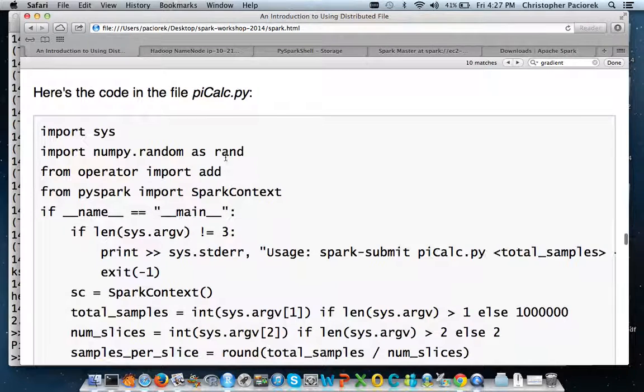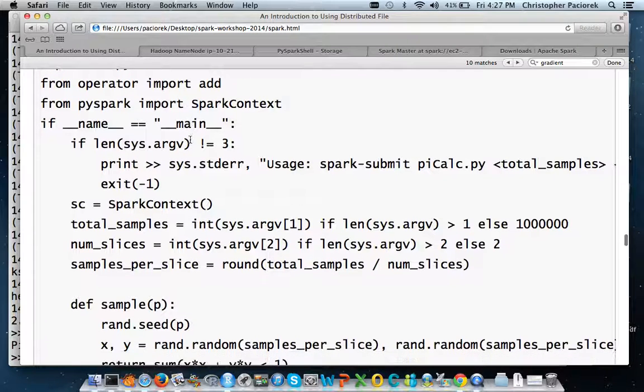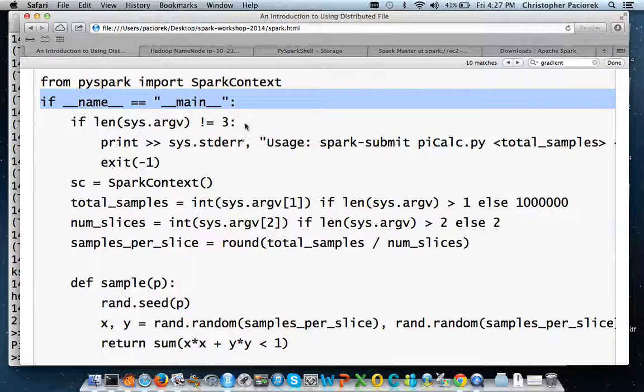just saw a minute ago, except I also have to import SparkContext from the PySpark Python module. And then I have the line that says, this is basically a Python program that we're going to run from the command line. And then I have some checking where I make sure that the number of input arguments coming into my Python script is the appropriate number of input arguments. So that's this business with sys.argv. And